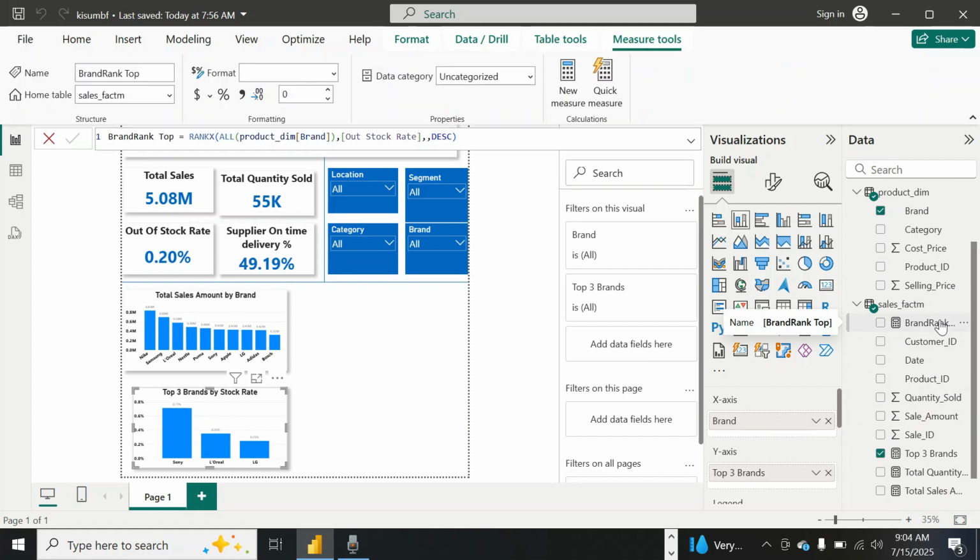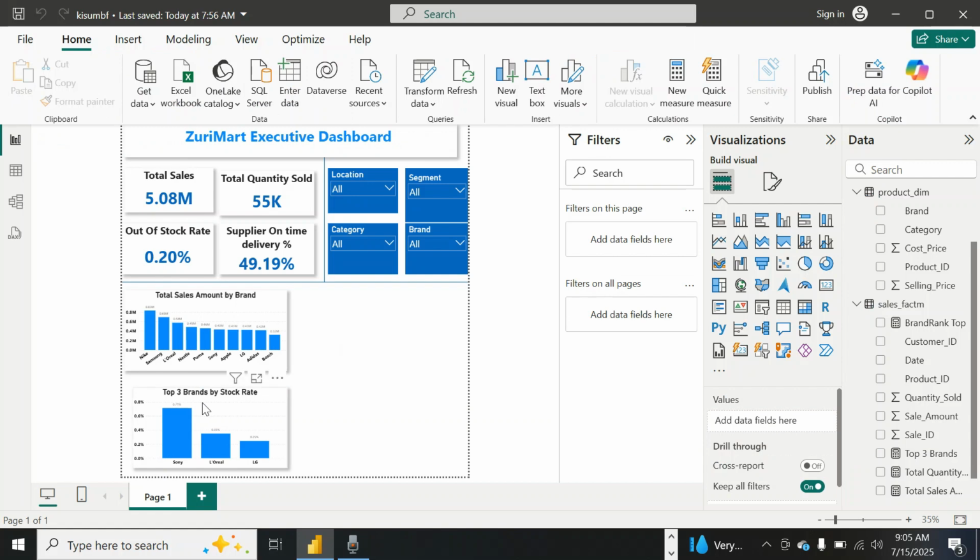We rank our brand from descending to ascending, and then we use the column rank to filter the top three using this measure. So today we shall start with